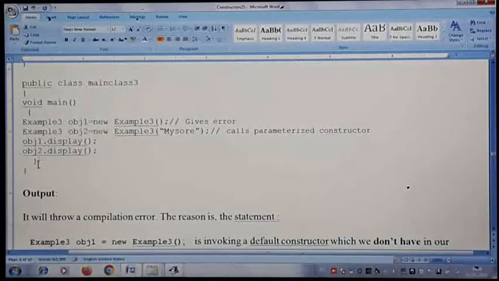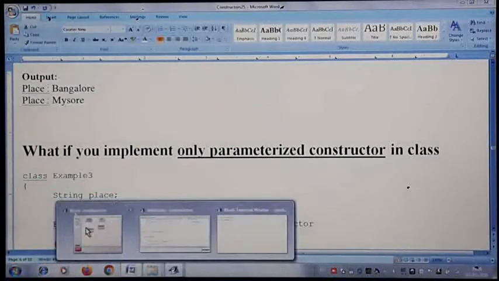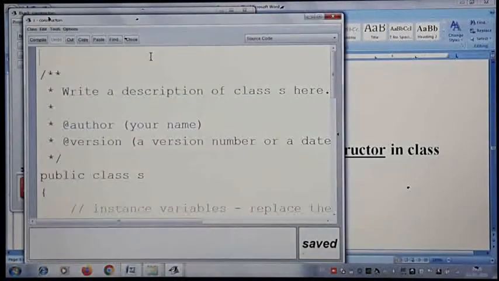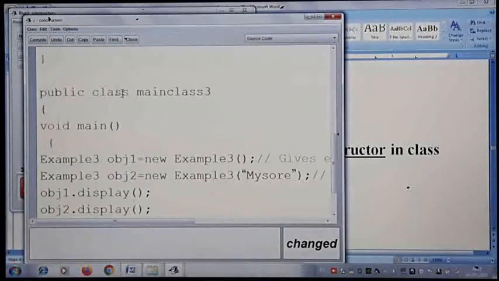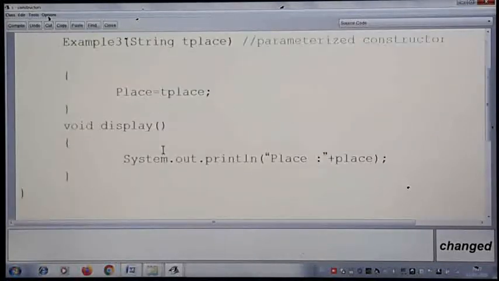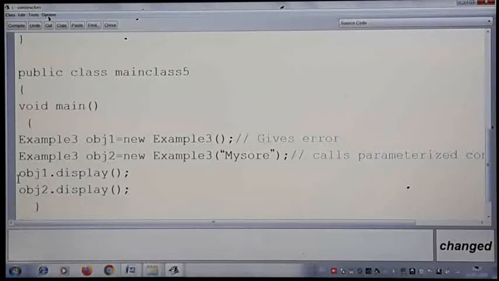So let us see the working. As I told you, it will give you an error message. Let us see how we are getting that error. I will give you one demo of that. Now the same example I have taken. This I will make it 5 because already 2-3 main classes are available. Same example. Now we will see the working of this. As I told you, you are going to get an error message for this, where it is not going to reach the statement, because unless you clear that error, it won't go further.